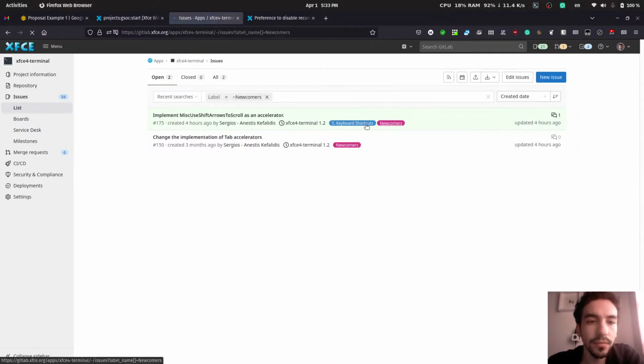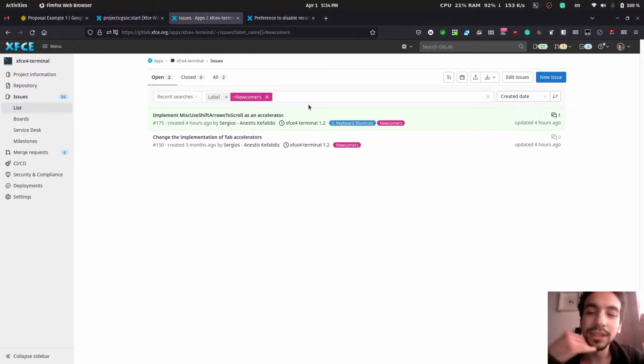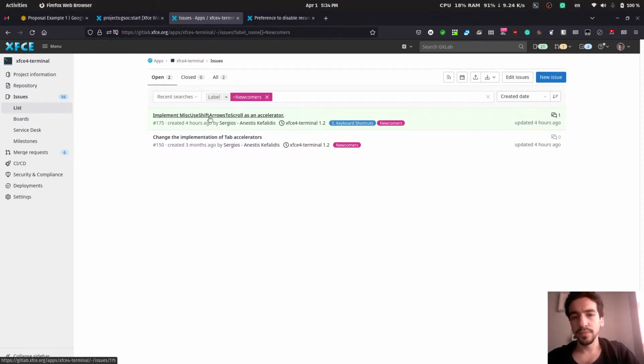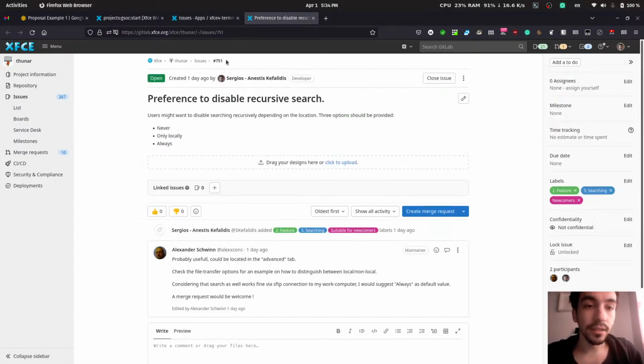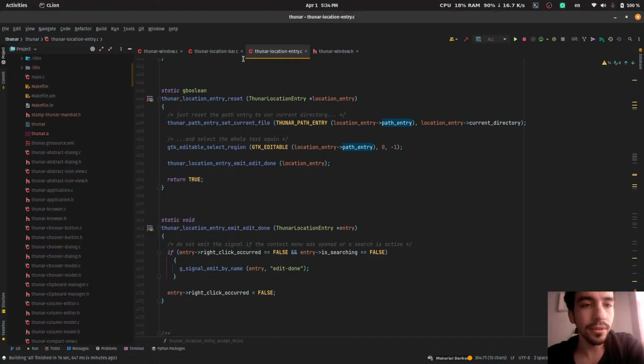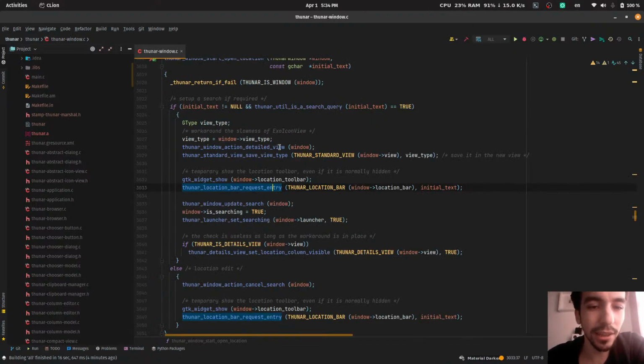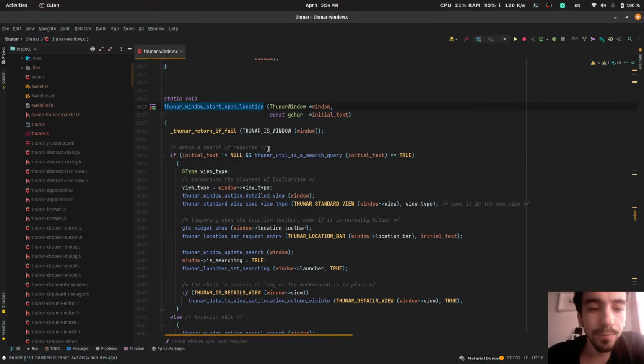newcomers. Oh yes, so for example, you're now equipped to solve this issue right here, where I want you to convert a preference to a shortcut. So you would go in the code base, search for this preference, remove it, and essentially add that code as an accelerator. I have written a comment in there that explains it. We want the preference to disable recursive search, and since we have played around with search a lot, the search,